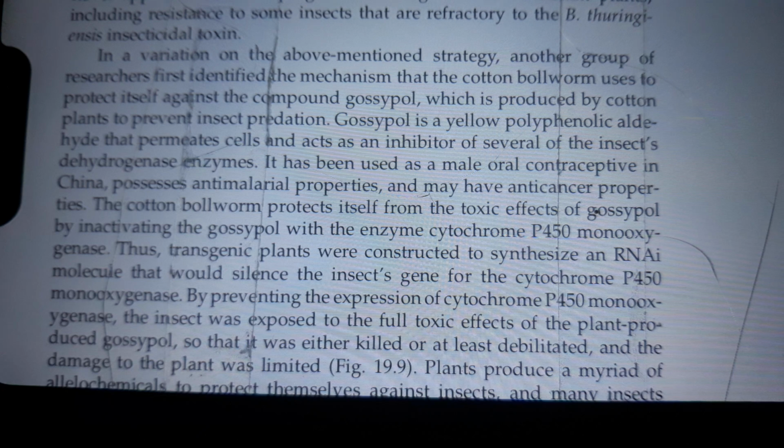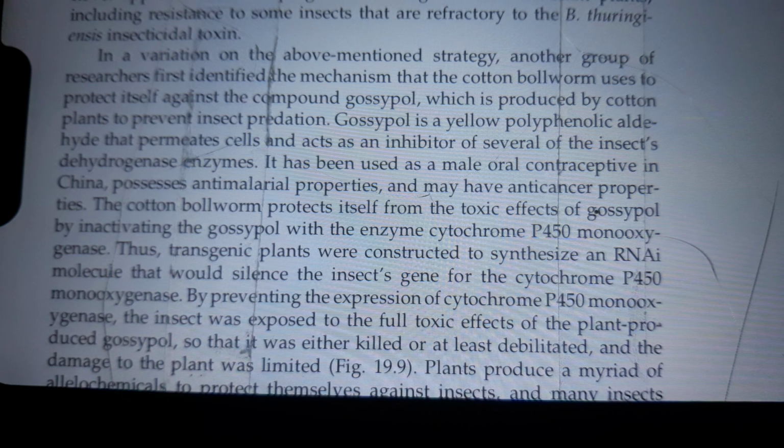gossypol, which is produced by cotton plants to prevent insect predation. Gossypol is a yellow polyphenolic aldehyde that permeates cells and acts as an inhibitor of several of the insect's dehydrogenase enzymes. It has been used as a male oral contraceptive in China. It possesses antimalarial properties and may have anti-cancer properties. The cotton bollworm protects itself from the toxic effects of gossypol by inactivating the gossypol with the enzyme cytochrome P450